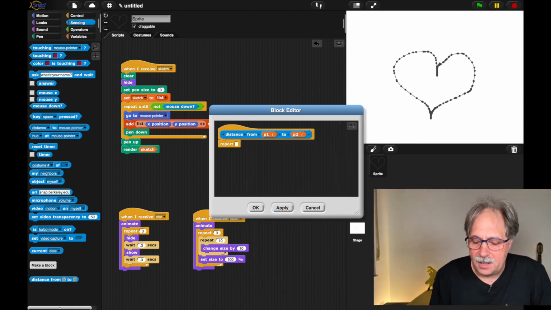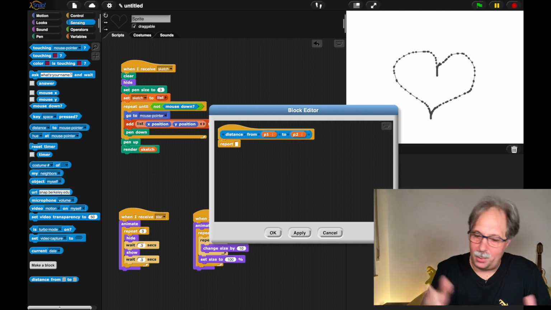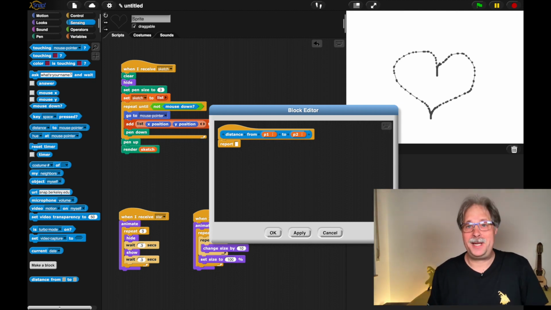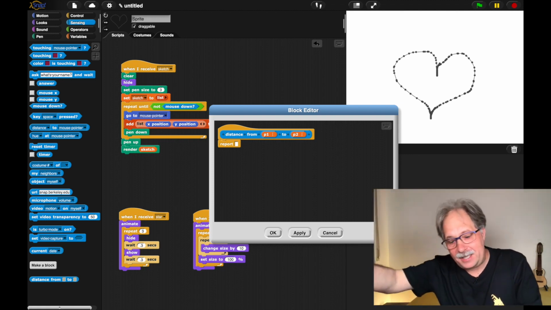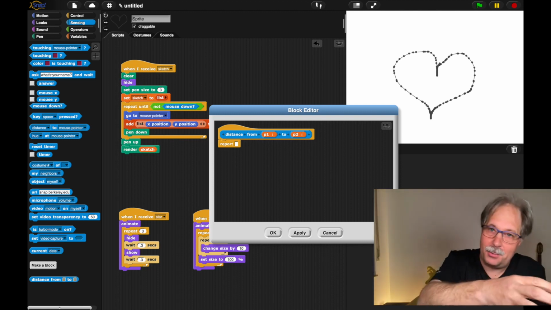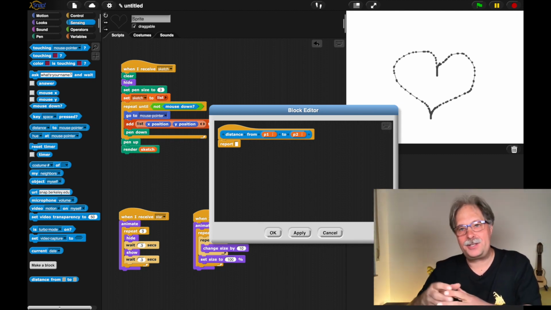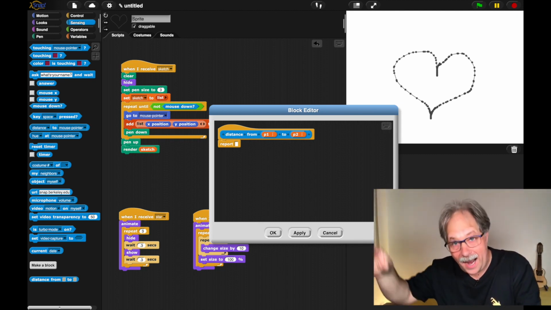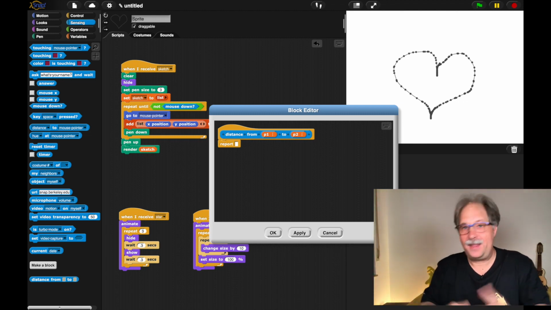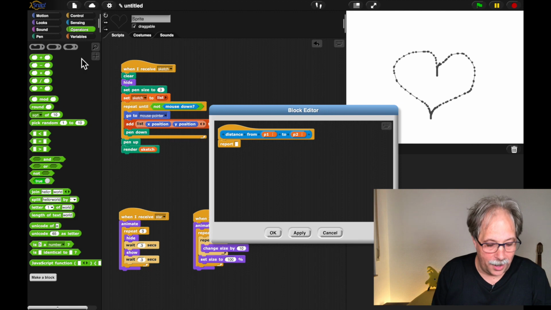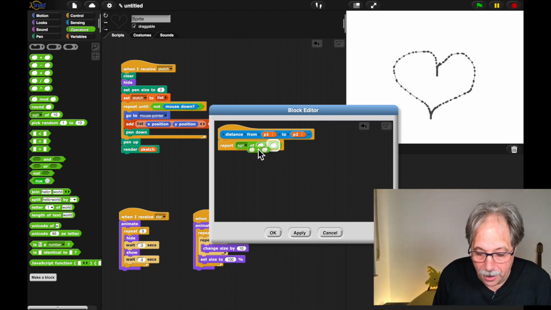So what is the formula to finding out the distance between 2 points? Well, you can look that up on Wikipedia as the Pythagoras formula. So we want to have the x value of one point minus the x coordinate of the other. Then we want to square it and add it to the difference of the y coordinates, and then take the square root of it all. So it's the square root of the sum of the square